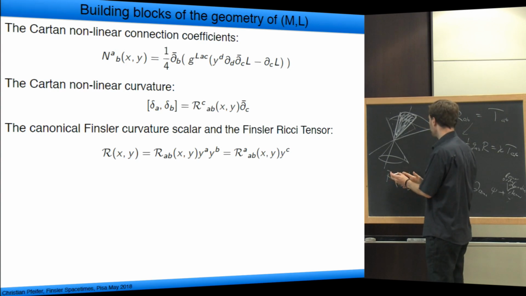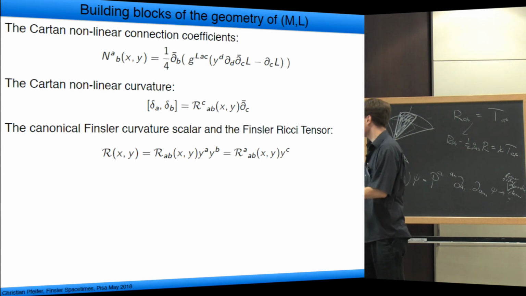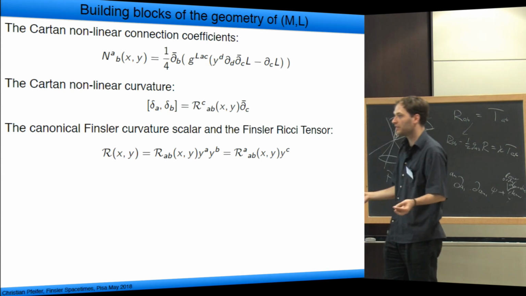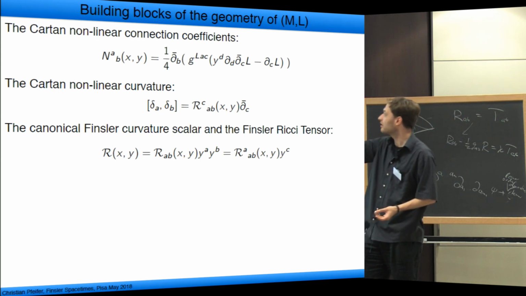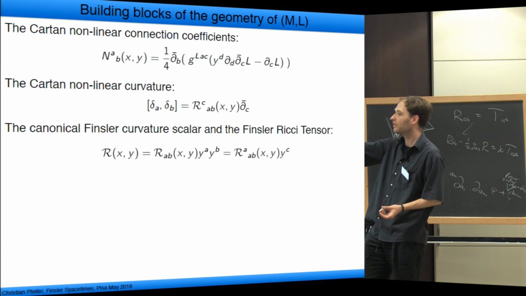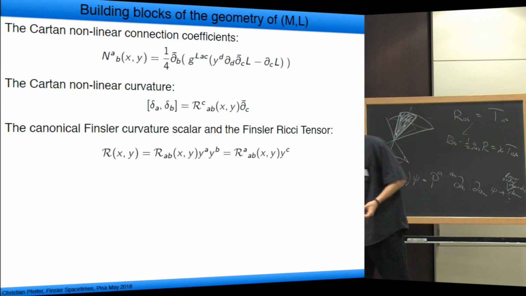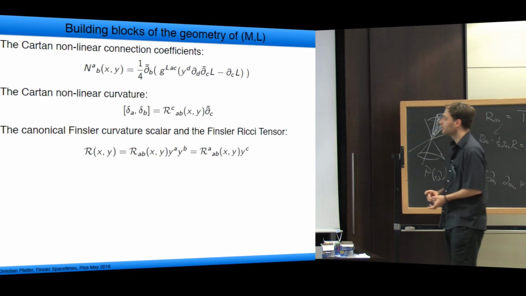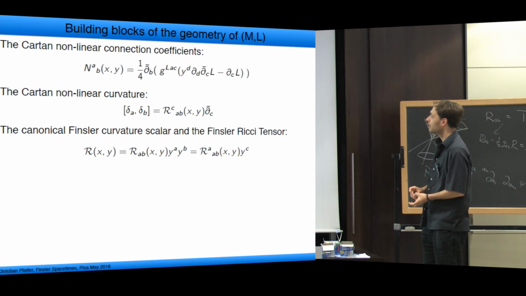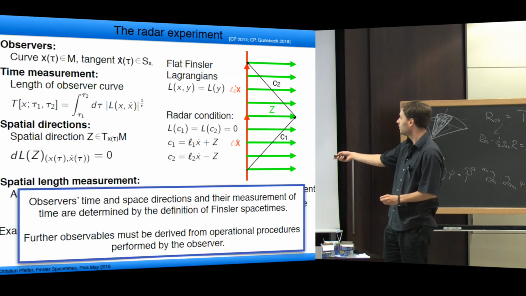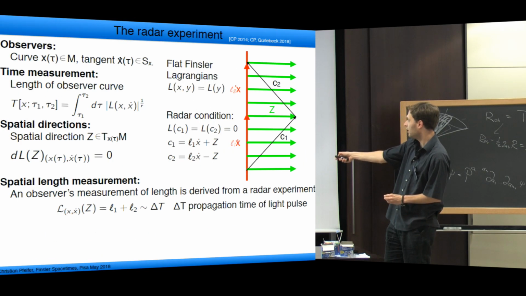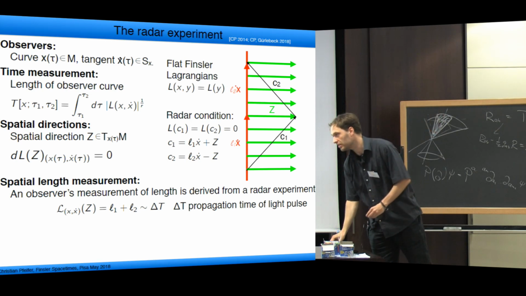No, I'm talking about geodesics, really free-falling particles. Yeah. I mean, you have your Finsler Lagrangian, which basically defines the action of your point particles, and this is your connection, and you get your geodesic spray by contracting this with a direction, and then you have your geodesic equation of the Cartan nonlinear connection. Do you know if this is a geodesic variational equation? Yes, it is. So if you write down a variation of the energy, basically of the power of this. Like the energy. Exactly, that's the idea.